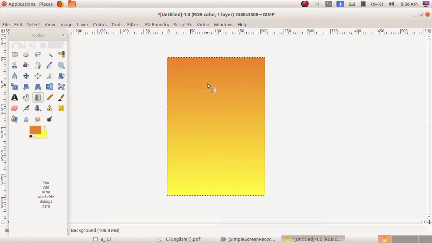Here you can see one color, here other color, but it combines together. Now I am just drawing like this, means it will come like this. So that is the use of foreground and background colors, also the blend tool.